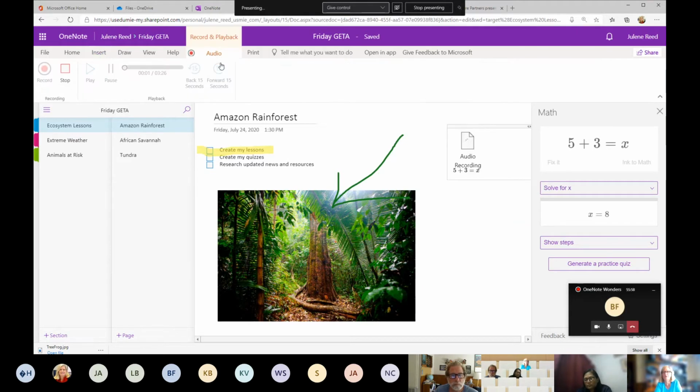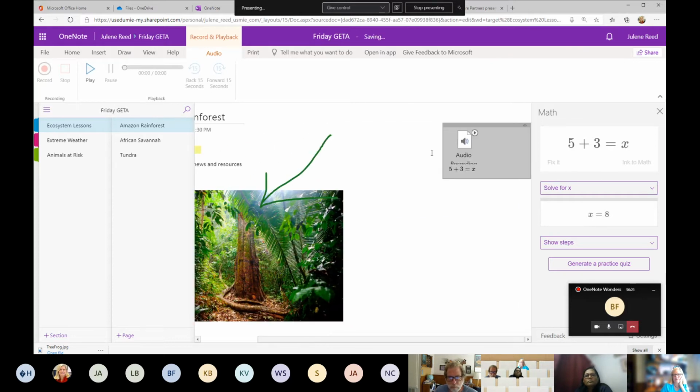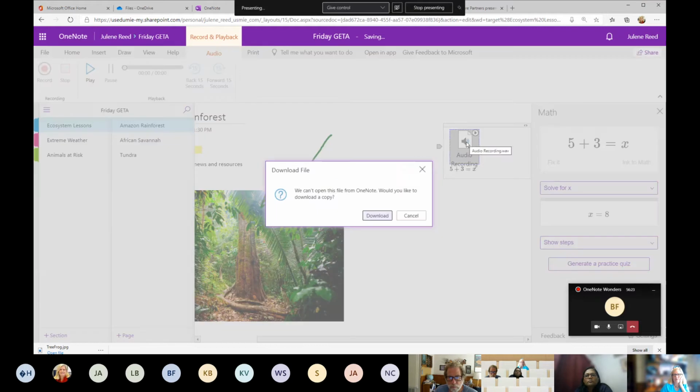It should be recording me right now. I could talk about how I obtained the equation 5 plus 3 equals X and how I solved it, or I could talk about the rainforest, whatever. So here's my stop. I was setting for my stop. So it takes a little bit to process. There it is. And now when I move this, I think it was embedded in there. I should have clicked somewhere else, but either way,